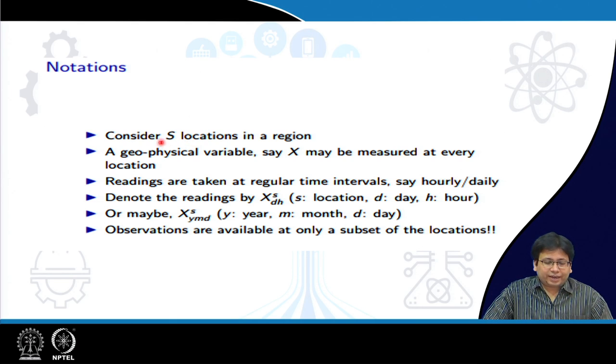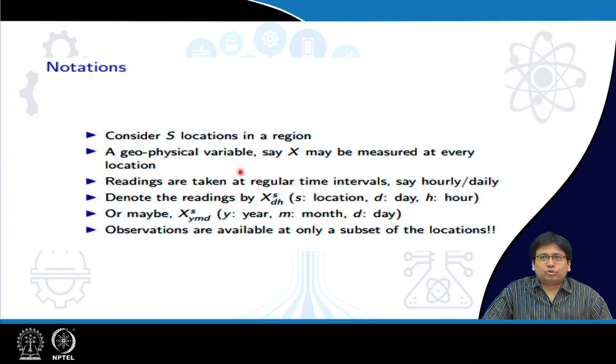So, let us say that there are capital S locations in a particular region, and we are interested in measuring a particular geophysical variable, which may be something like temperature, rainfall or something like that. Let us denote it by x, and that is measured at each of the capital S number of locations. These capital S locations can be either points in space, or they can be